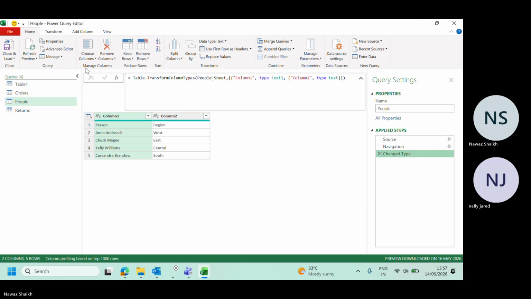ठीक है, तो your task would be manage columns, reduce rows. रिड्यूस रोज के अंदर 2 चीजें हैं। मैनेज कॉलम्स का मतलब something related to fields. Reduce rows means something related to records. सॉर्ट का मतलब क्या हो गया,